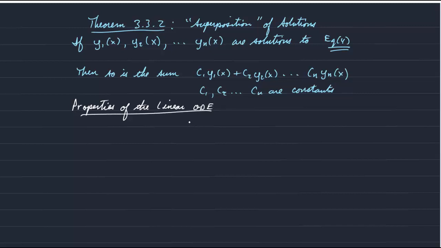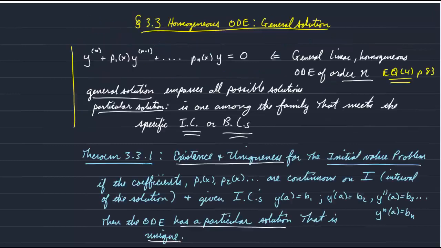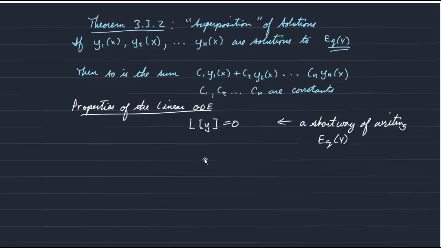So we could rewrite equation 4 as capital L square bracket y is equal to 0. So this is a short way of writing equation 4. Again, equation 4 is our general equation for a linear homogeneous ODE of nth order. And so the letter L denotes the operation